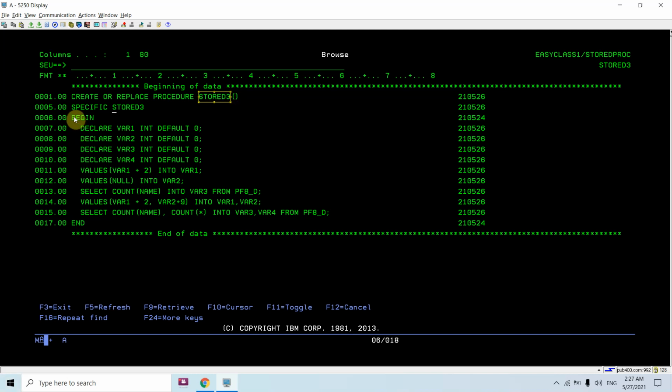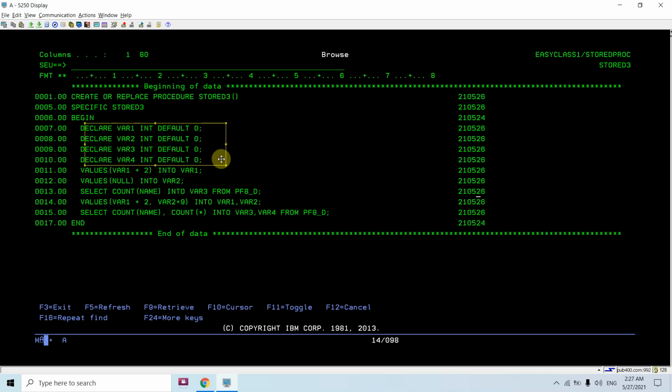Now let's start with the body section of the stored procedure, where I am going to use the INTO clause. You can see I have declared these four variables to demonstrate the different syntaxes we can use for the INTO clause.